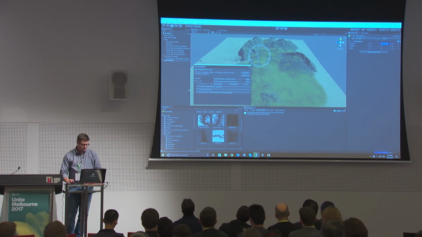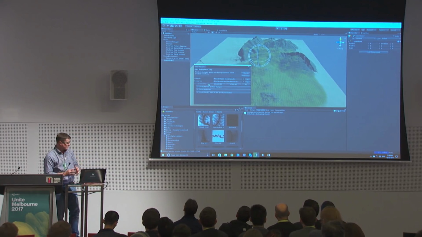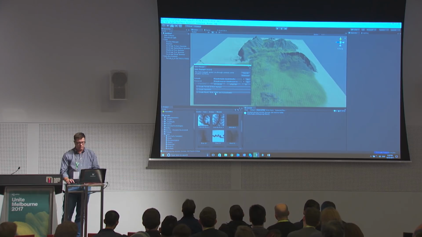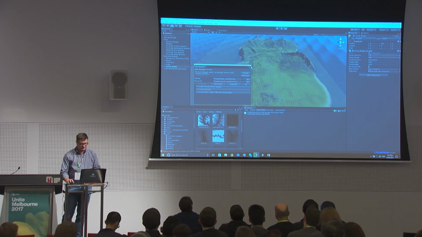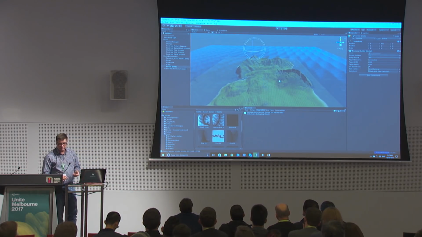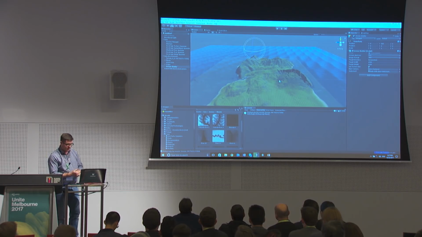And with Gaia, I'll show you how to do it. In fact, I need to do it this way. Part of the rationale behind Gaia is it does all the heavy lifting for you. So I'll get rid of that, and I'll add my wind, my water, my screenshotter, and my player, just by hitting a button. So what Gaia's done is it's gone and created all this stuff in here. It's using Unity water, which if you've ever used it, it's pretty average. It doesn't perform very well, doesn't look that great. So I'm going to swap Unity water out for some other water, and